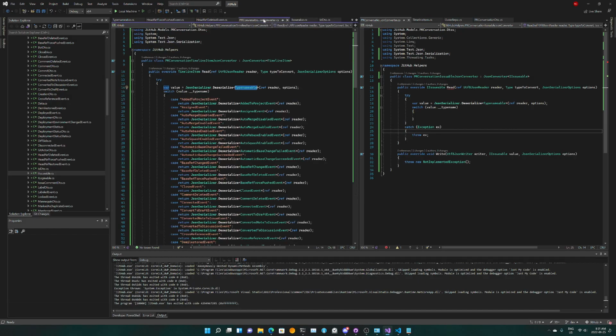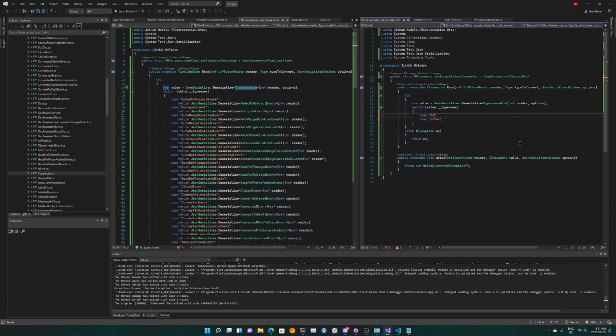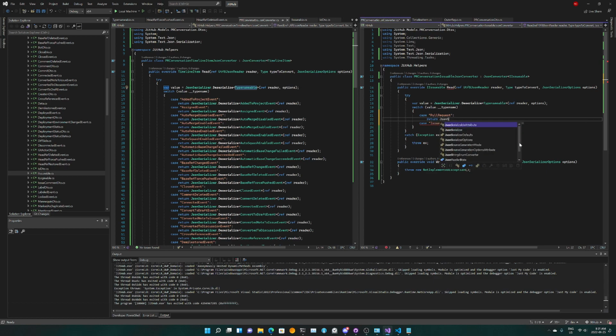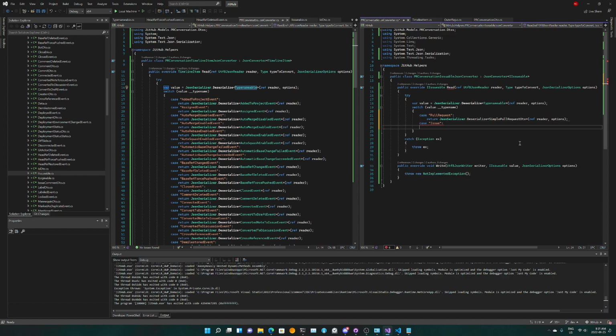Okay, got it. Going back, going here, it's case issue, and you know what, case pull request, and we're gonna have return JsonSerializer deserialize into a simple pull request DTO with the thing, and we're also gonna do default, and we're gonna fall into the same thing.